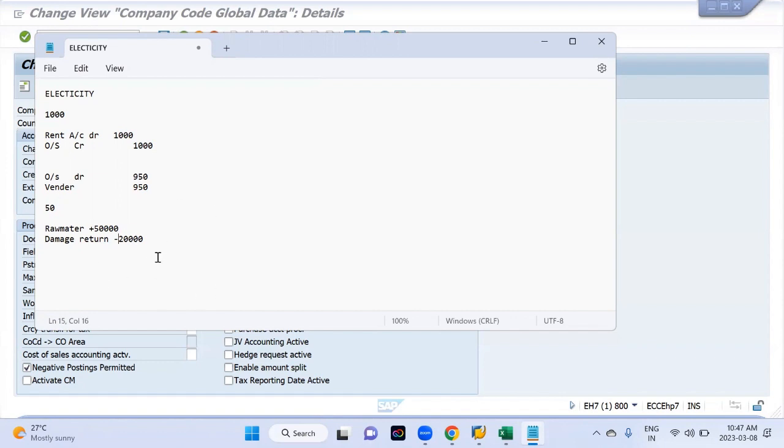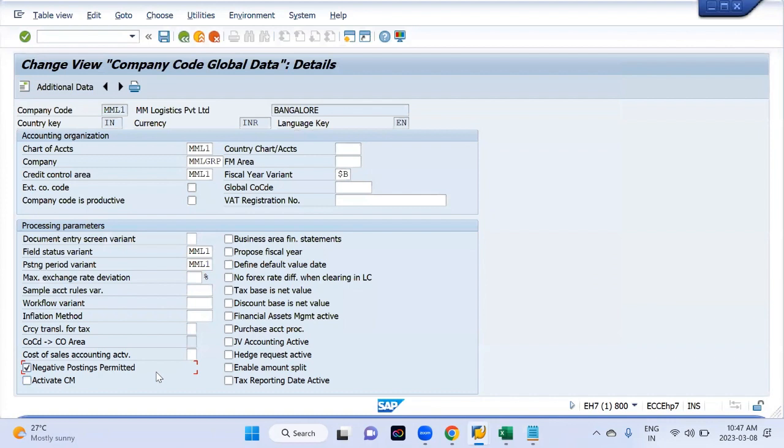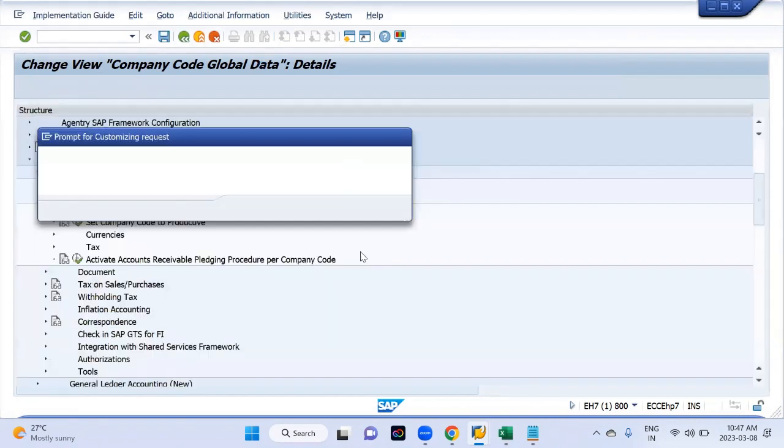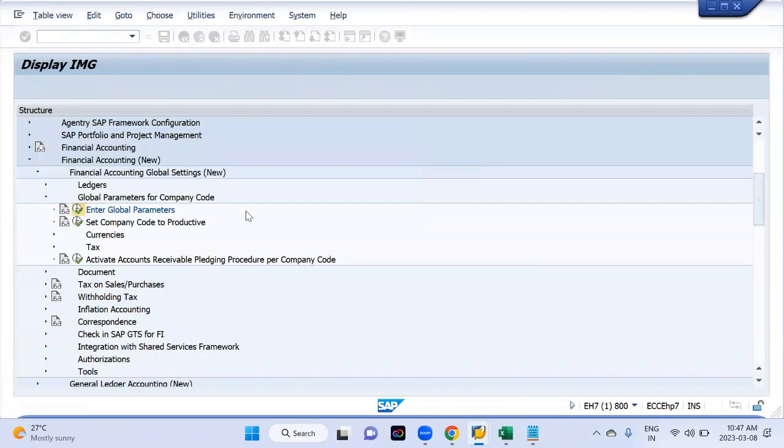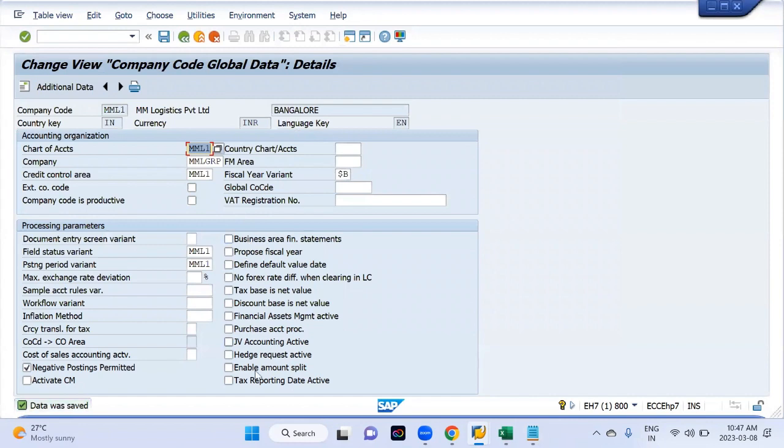So the concept is that we also receive the minus posting. So if you select this, you can post the credit invoice into the system. Okay, and save this. If you want to know all the fields, what is this and why we use this,